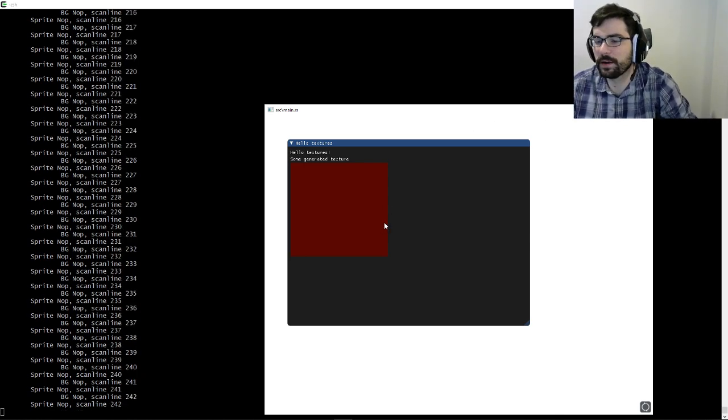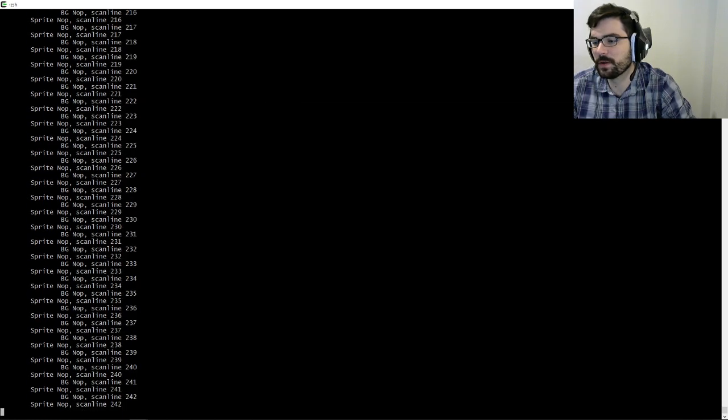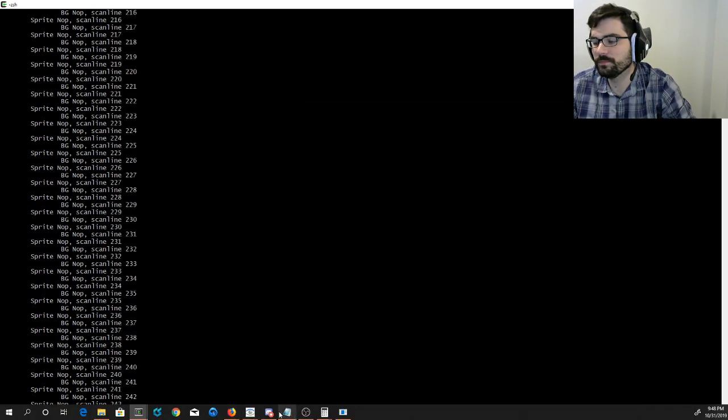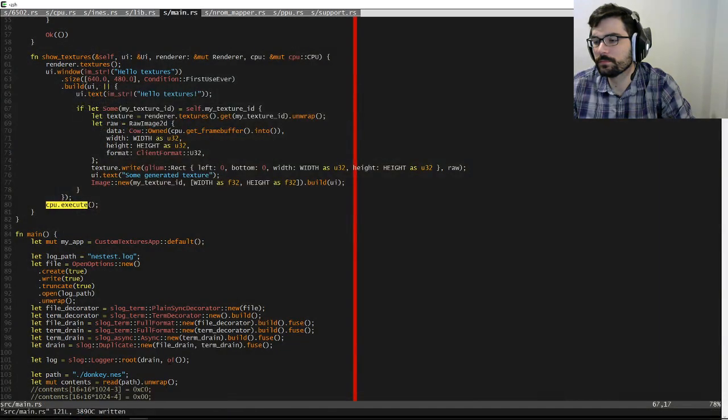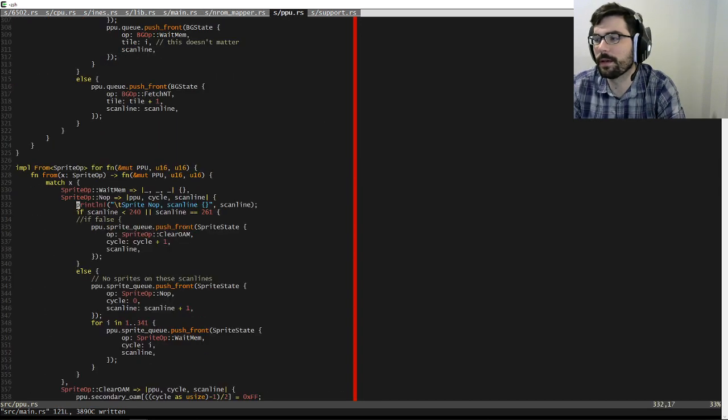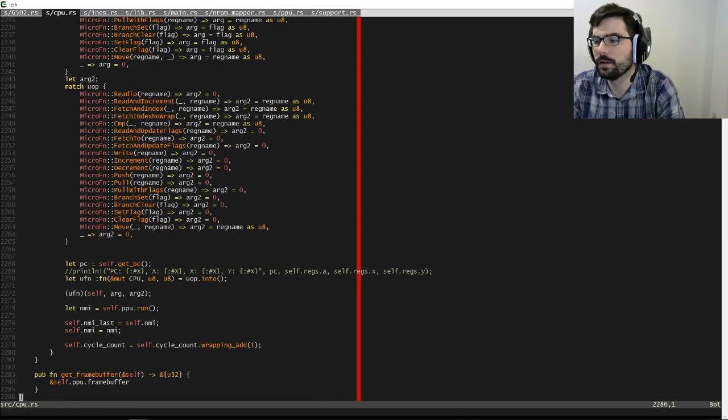Hey, look, a red square. That's progress of a sort. It does look way better speed-wise. You're also right that it should be drawn anytime NMI would happen, not just if it does.